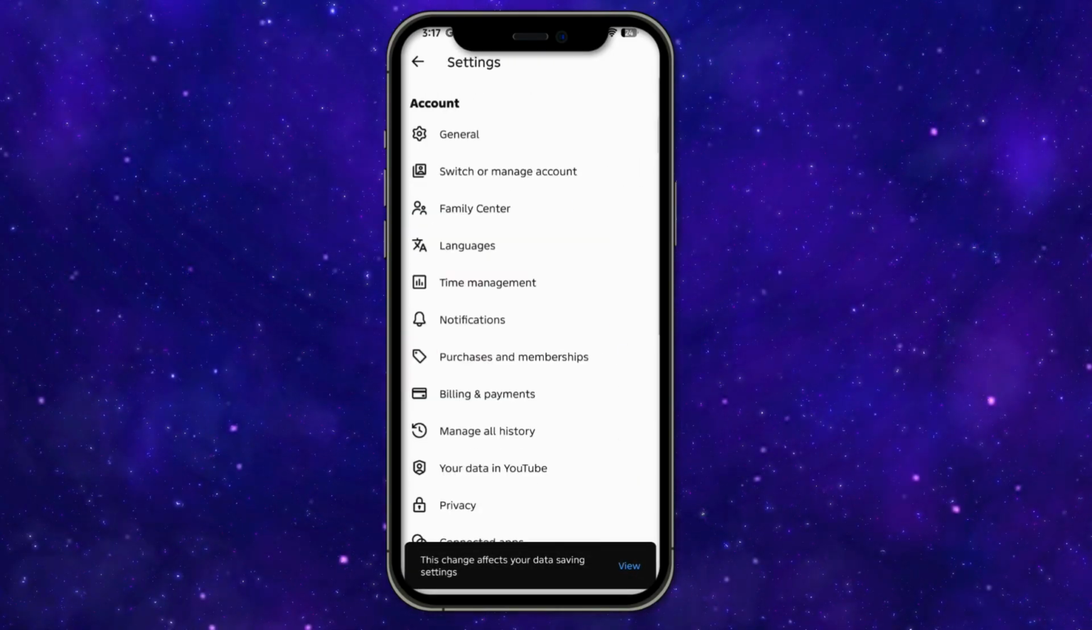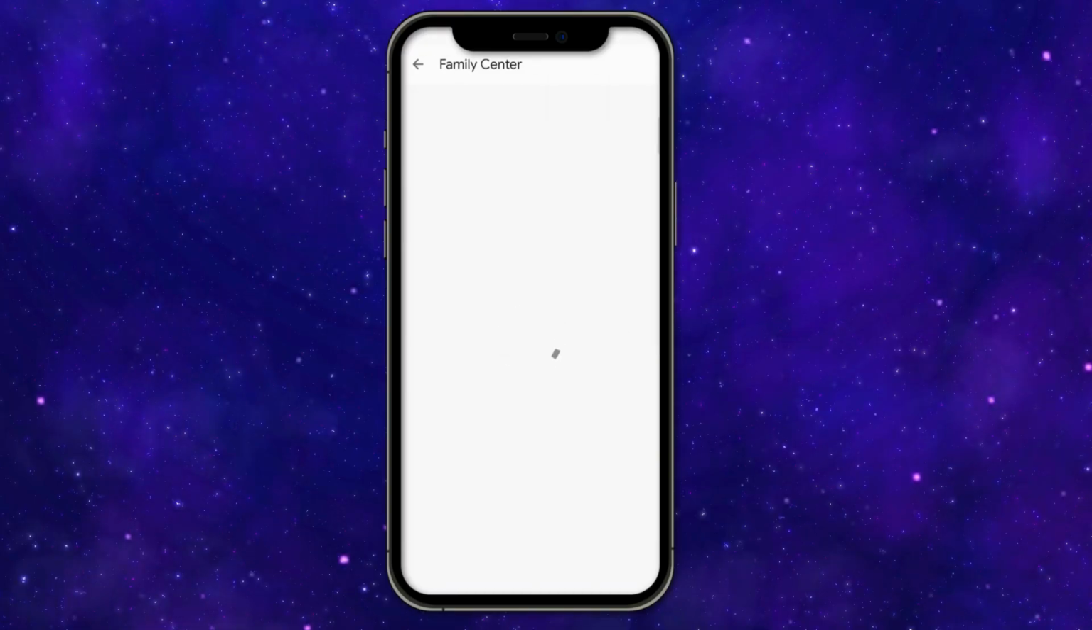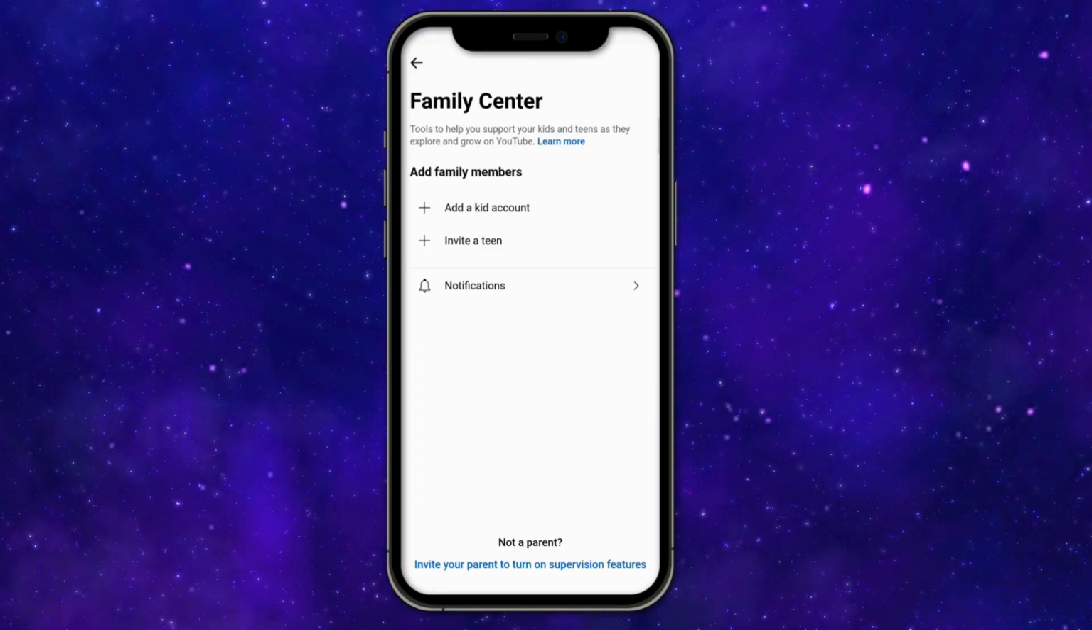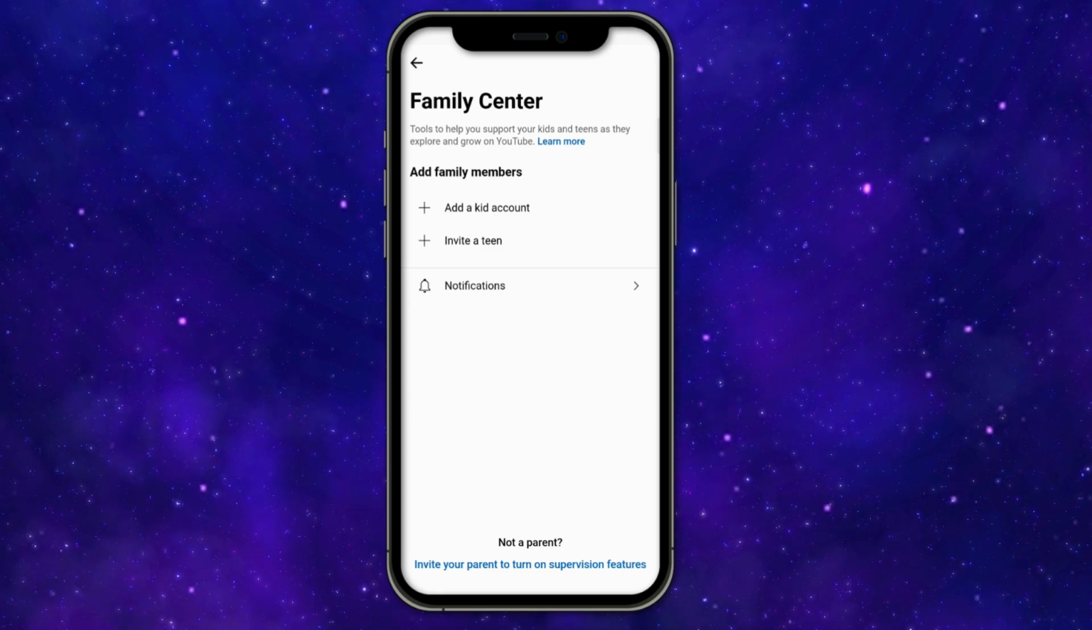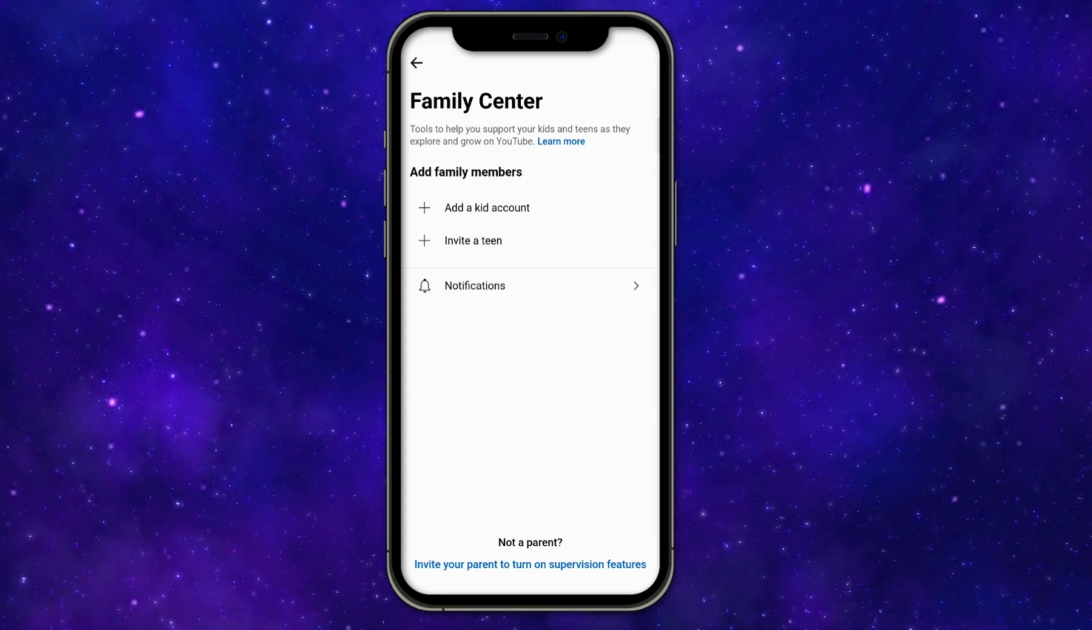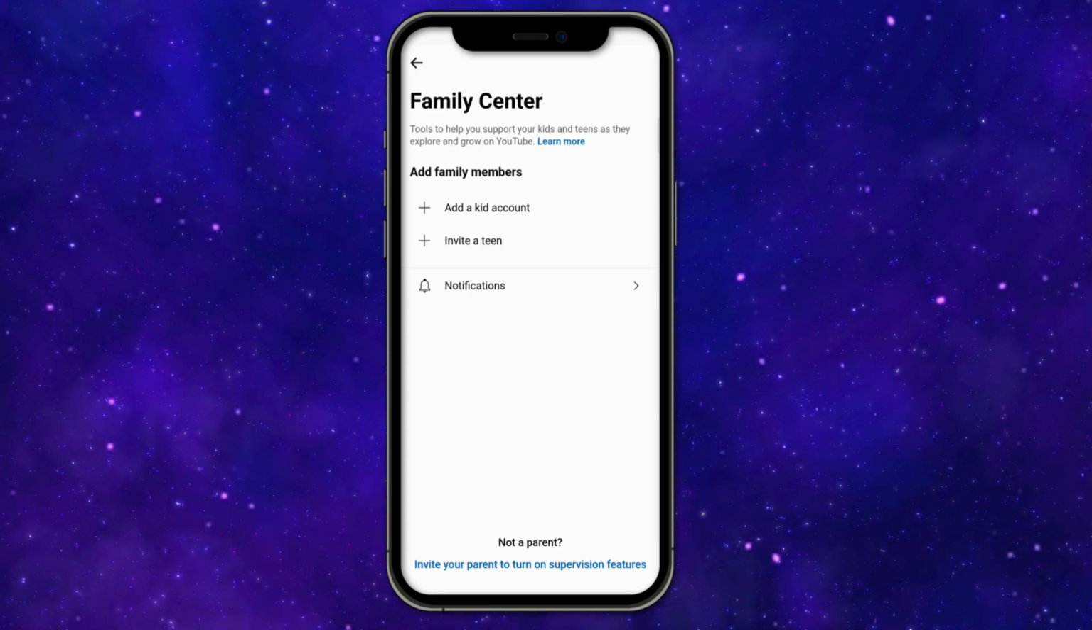And then once you're on Family Center, you should find all of the connected accounts of your family members from here. So you can go ahead and click on that account that you want to delete and then select delete